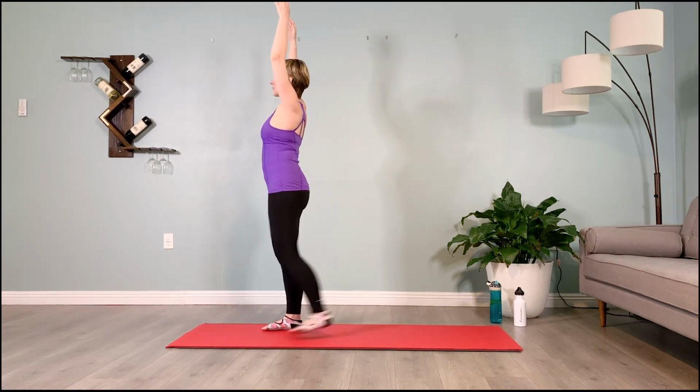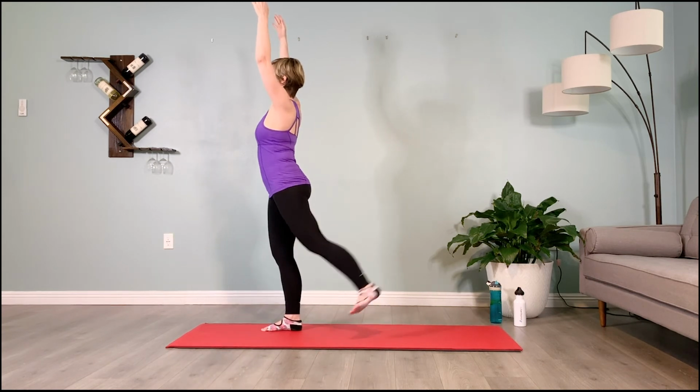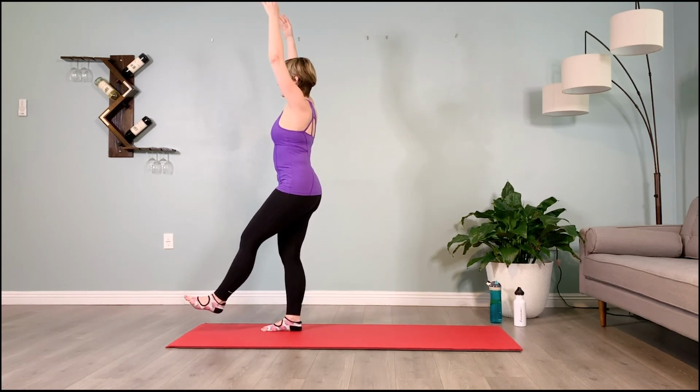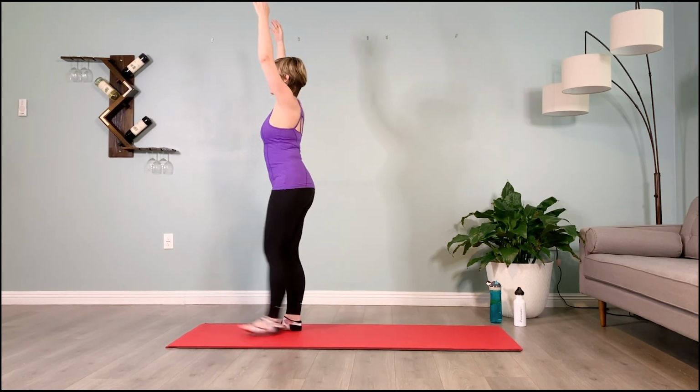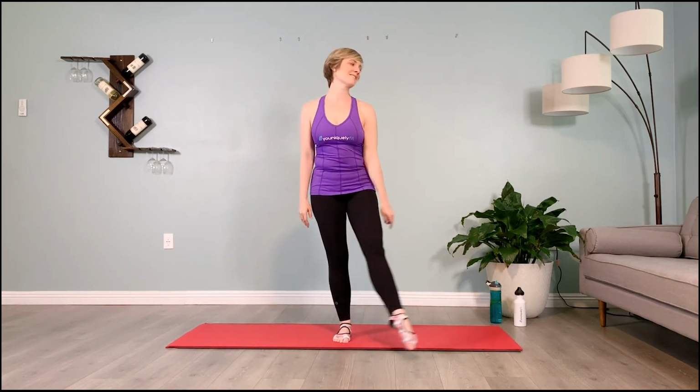2, 3, 4. Inhale, pause. 2, 3, 4. Exhale, sweep. 2, 3, 4. Inhale, pause. 2, 3, 4. One more. Exhale, sweep. 2, 3, 4, inhale, turn back to face me, left toes extended, 12 o'clock, take them to 9,